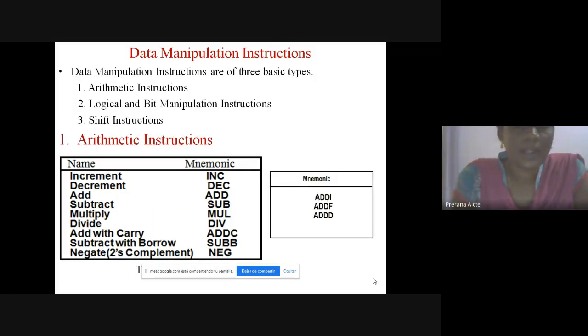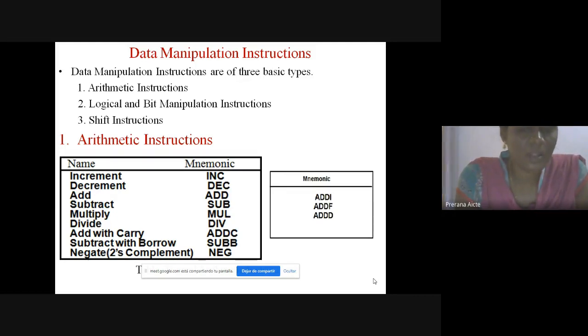Next one, data manipulation instructions. Data manipulation instructions are of three types. First, arithmetic instructions, which are used to perform arithmetic operations. The increment instruction adds 1 to the operand. The decrement instruction decrements the operand by 1.